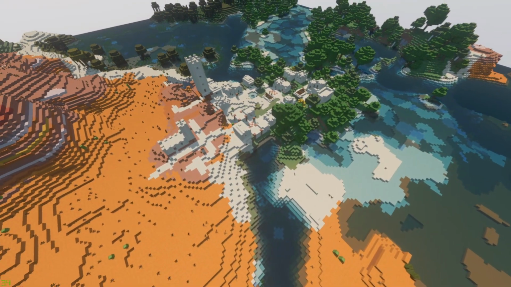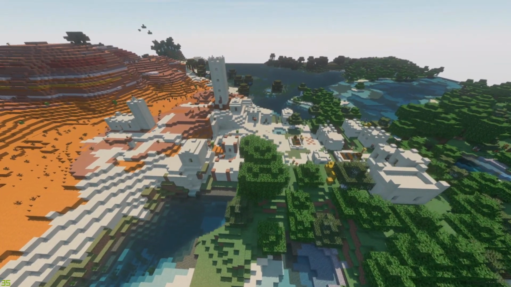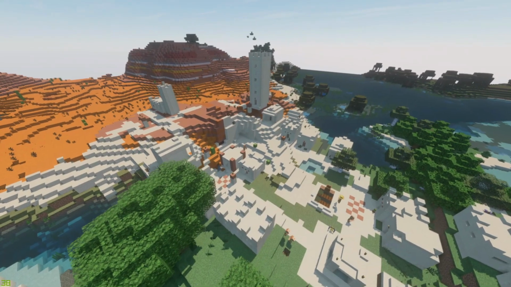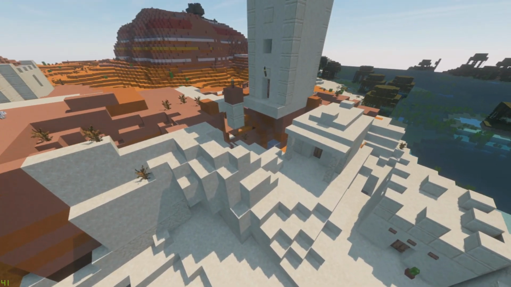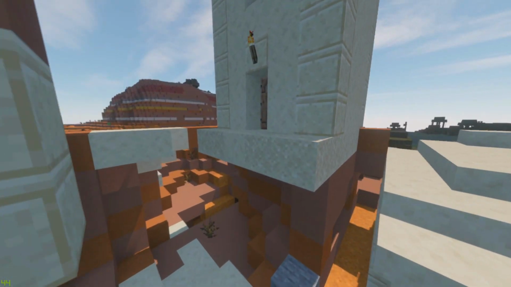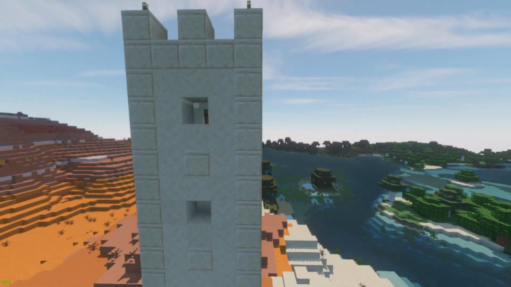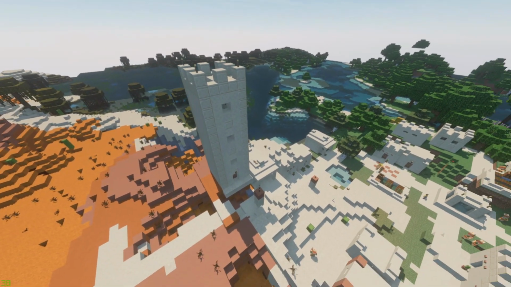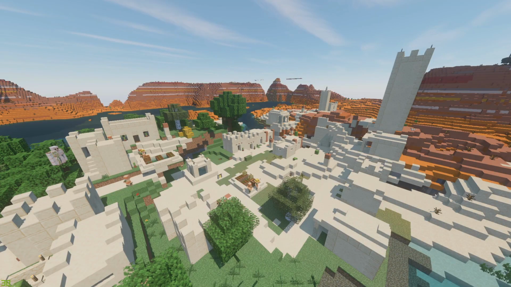I really like it when villages cross between biomes, just how things look overall. It has that interesting contrast when it goes into biomes that it's not supposed to go into. And this building is sort of defying, well, whoever built this, well, not very smart, but overall it looks very cool. There's still one more village that looks even cooler than this one, but before that, guys, if you can,